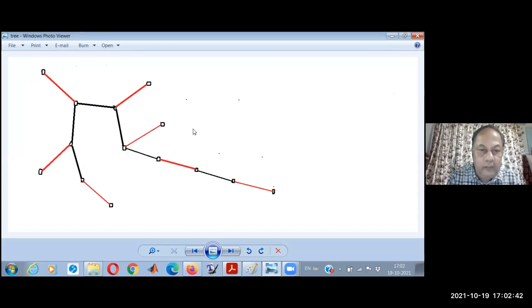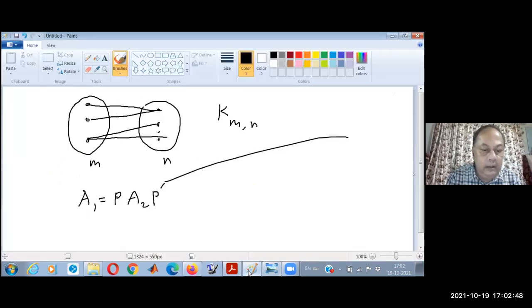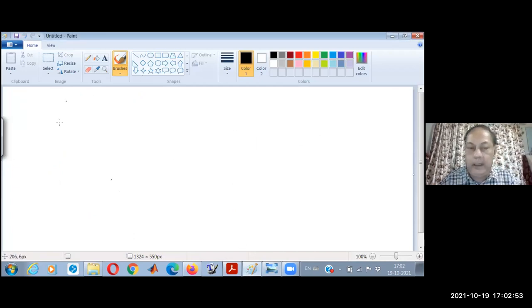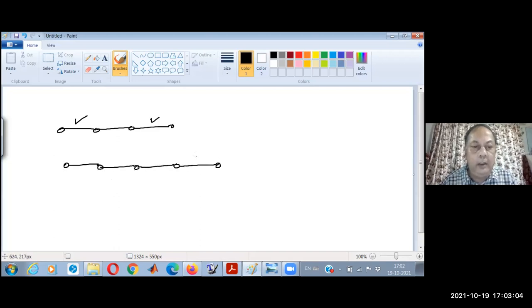And not all trees have perfect matching, by the way. It is very easy to find because if you take a path, then a path like this definitely has a perfect matching because this is one edge in the matching, this is one edge in the matching. But if you take a path with an odd number of vertices, then it will not have a perfect matching. Because in a perfect matching, you must take this edge because this vertex has to be covered. Then you cannot take this edge, you must take this edge, but then this is left uncovered. So perfect matching, some trees have, some trees don't have.